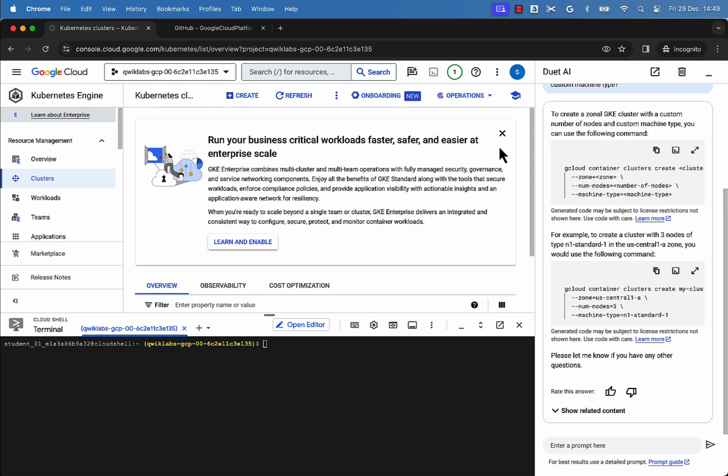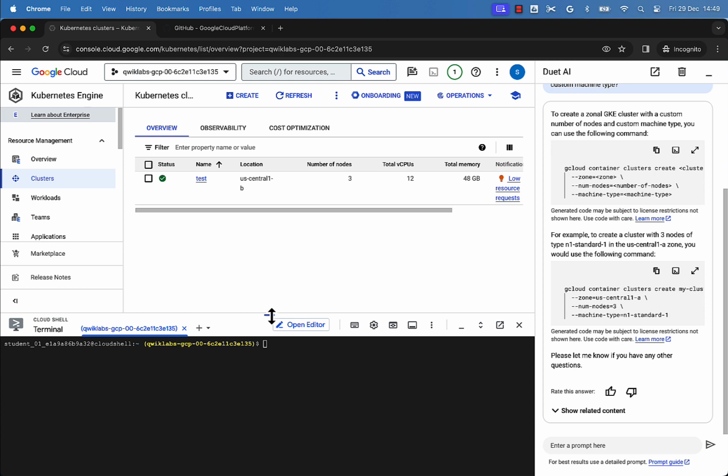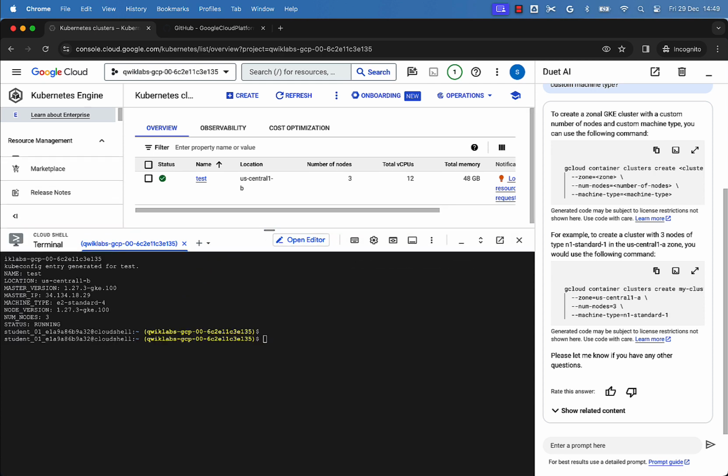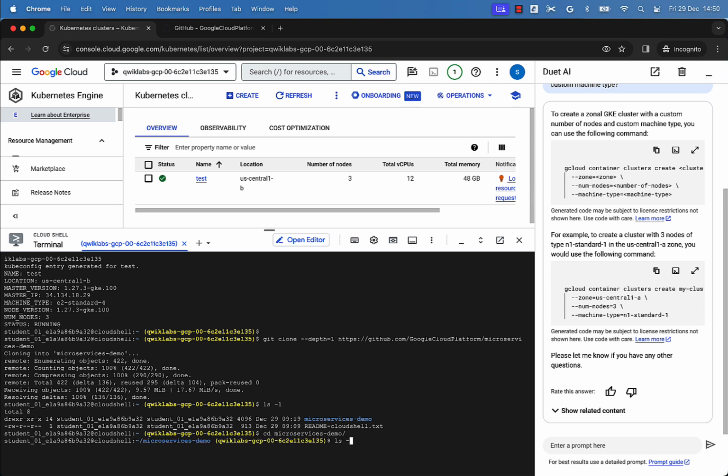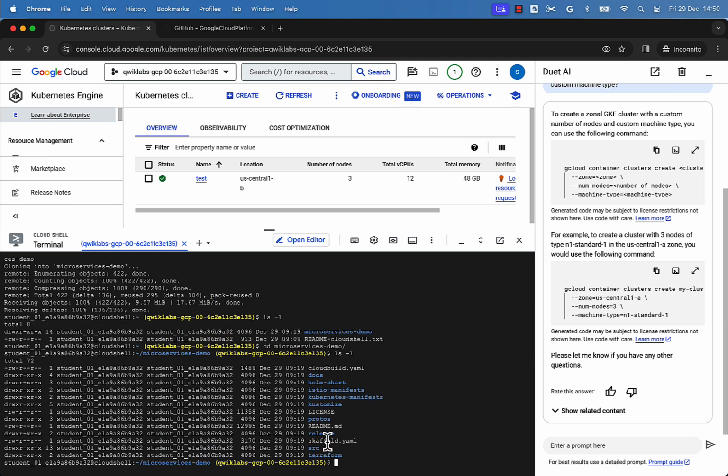And we can go ahead and clone the microservices demo repository. So you can see microservices-demo is right here in our console. So we'll get into that folder, microservices-demo, and I'll try to list it. So here you can see all the files and folders within,